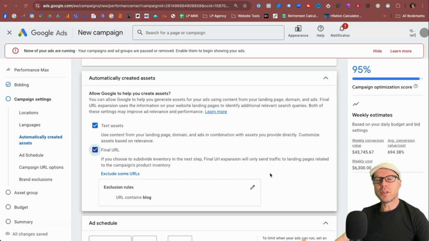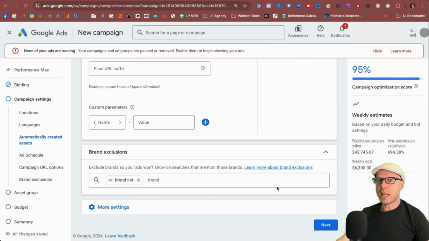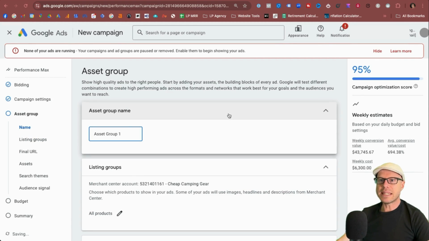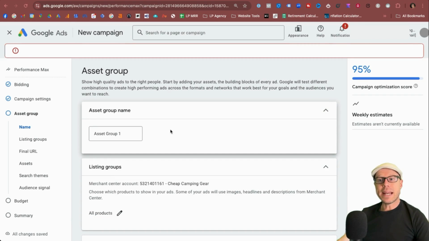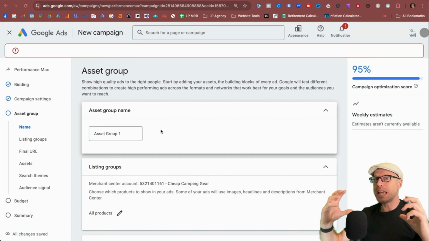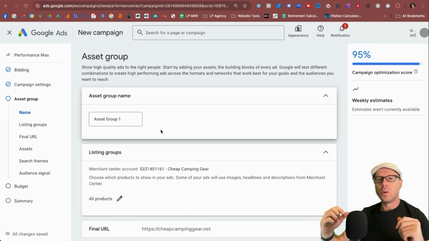Should my brand build over time, then I may want to include it as a brand list exclusion and keep everything separate. Okay, and once you're happy with this part of the campaign settings, we move on to the asset groups. Initially with the asset groups, we only have the option to set up one asset group at the moment. You can add more asset groups later if you're wanting to theme asset groups around different categories within your Shopify